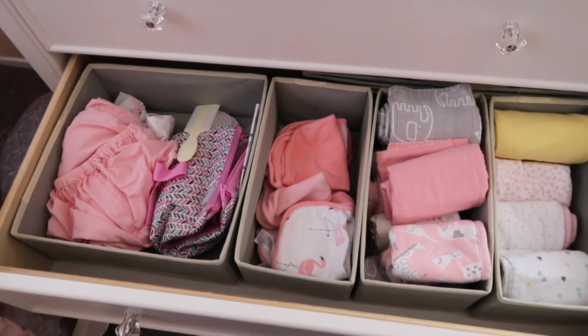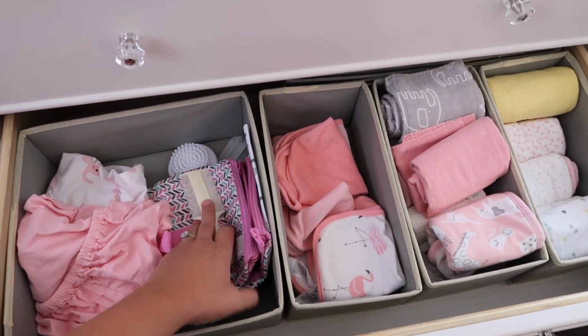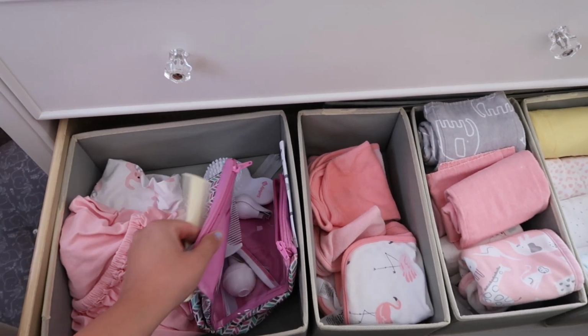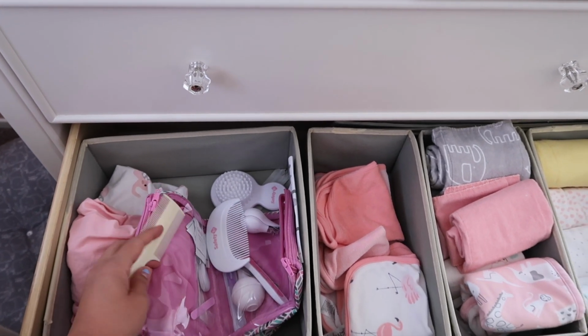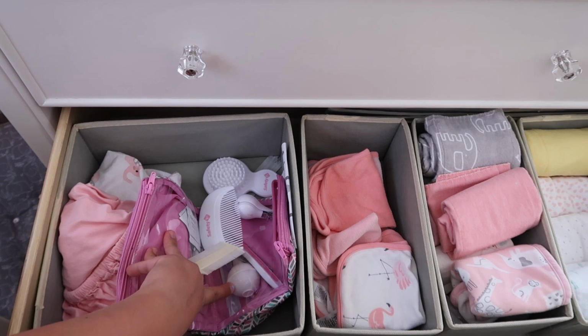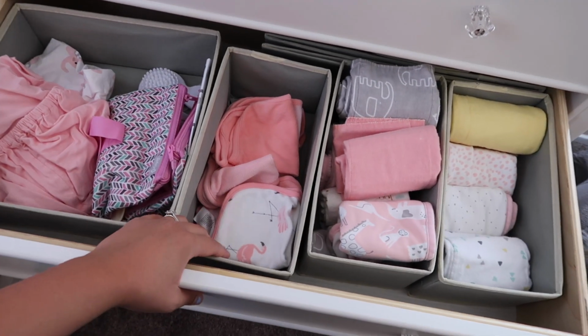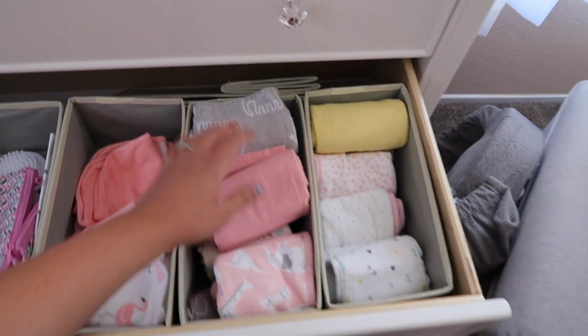Next drawer, we have extra sheets for the changing table. We have her like little bath thingy, so like I like to use this comb on her when she gets out of the shower or the bathtub, but we have like her nail clippers, and basically all I use in here are her nail clippers, and there's a file in here, and then this. Then she has her washcloths. These are burp cloths, and then we have a couple extra